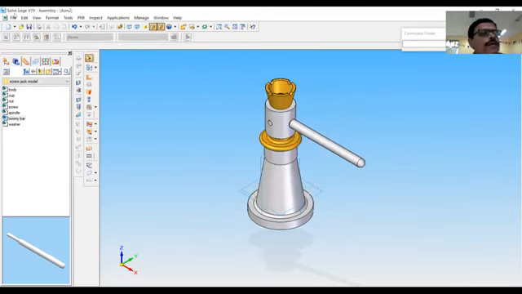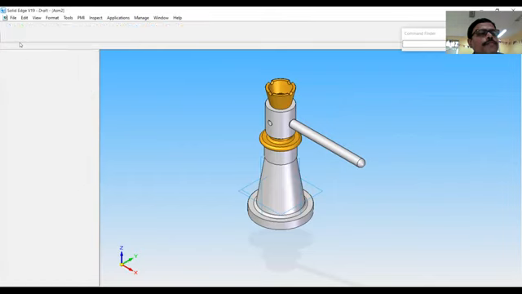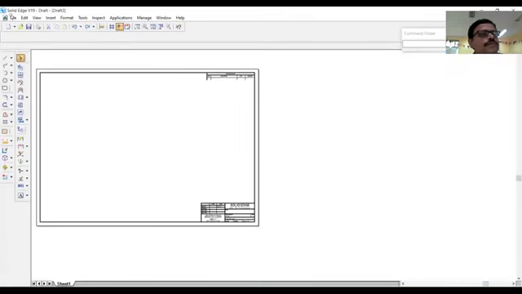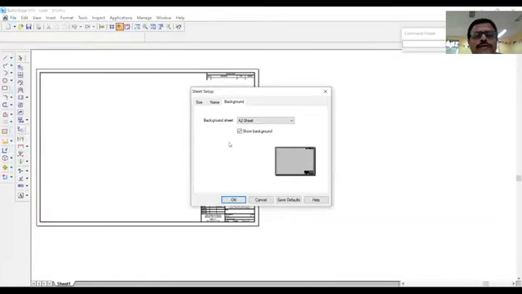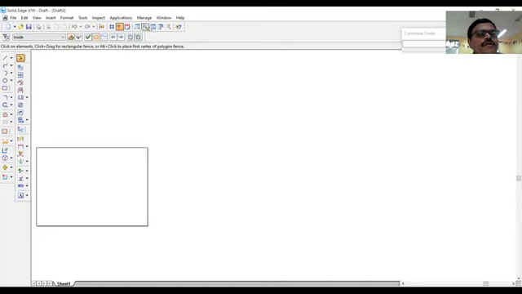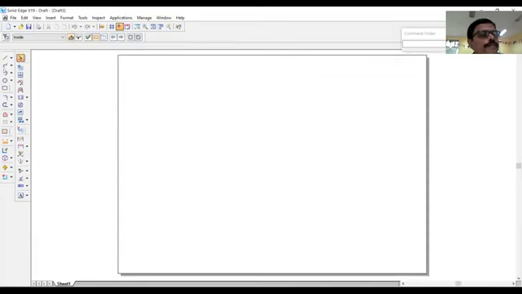Okay. Now go to drawing view, go to file, sheet setup, A4 size sheet, go to fit option.